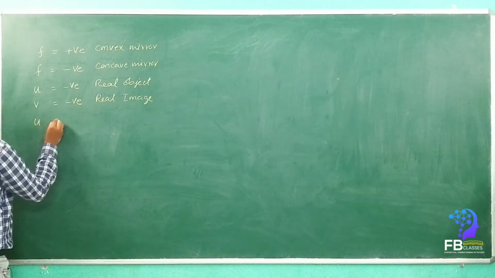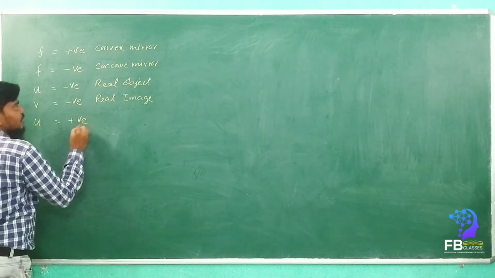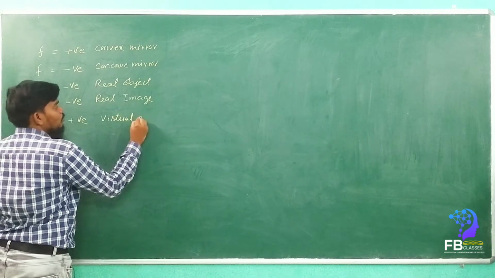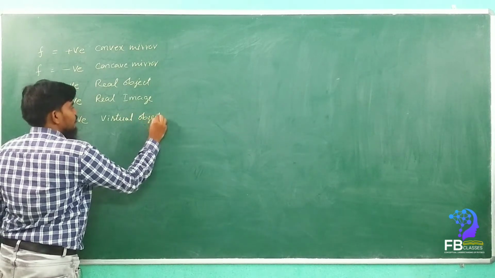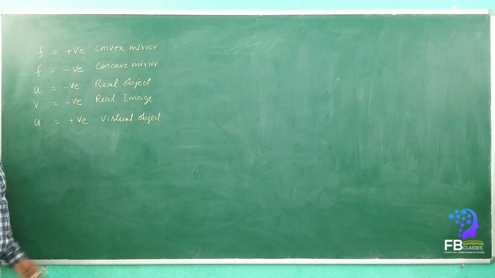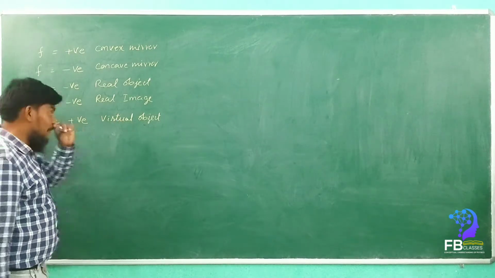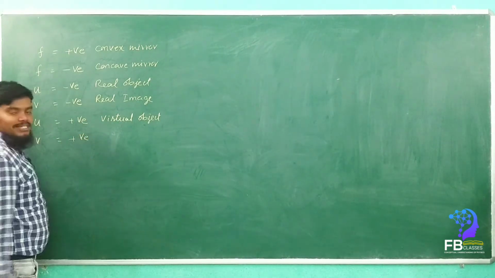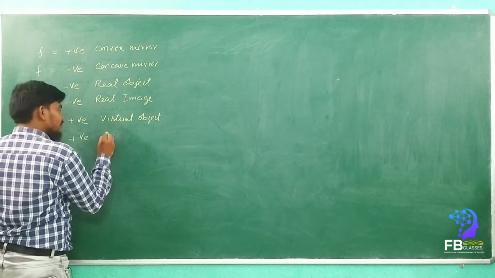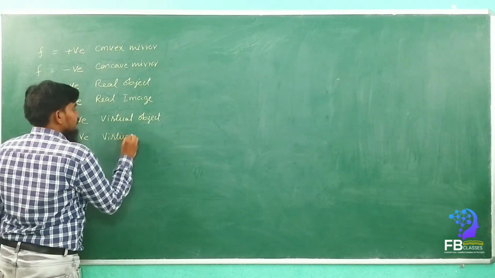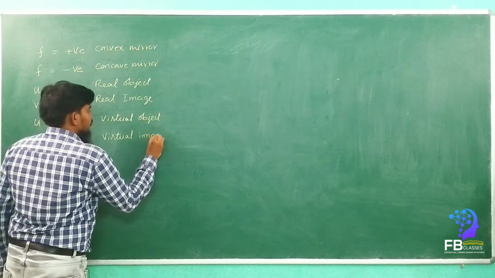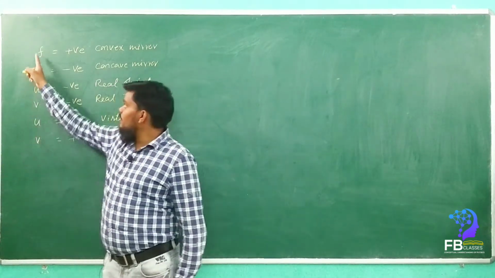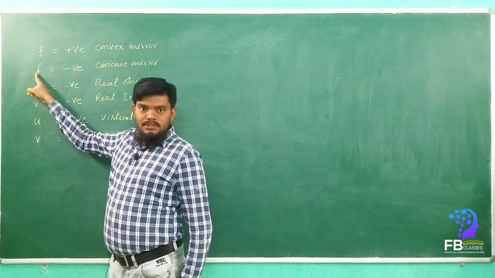If u comes as positive, then it is a virtual object. Yes or no? Yes, sir. Virtual object, we know very well; we draw so many diagrams. So if v is positive, if v comes as positive, then what will happen? Very good, it is a virtual image. So these are all the things we have to keep in mind about the focus, principal focus, and